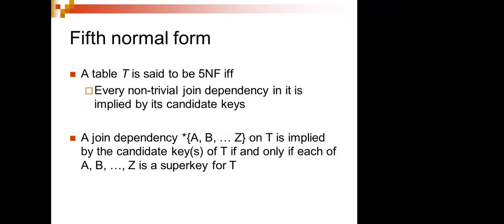Then we have something called the fifth normal form. The fifth normal form is also there, but it is enough for us to go up to the second, third, and Boyce-Codd normal form. If you want, you can write all this and go with this. So if you want, I'll explain what the fifth normal form says. We call a table fifth normal form when every non-trivial join dependency is implied by the candidate keys.